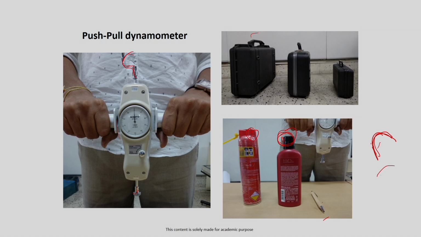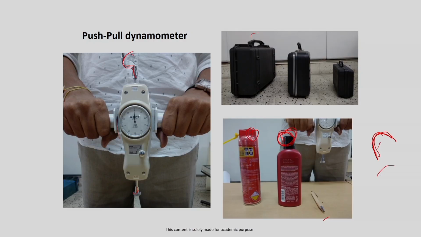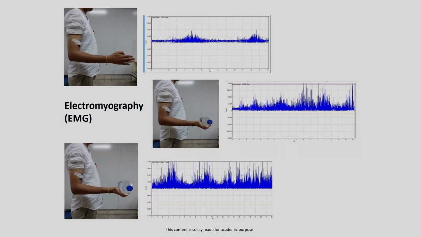Another thing is some feedback is very important. In this type of case, if you push it, there will be some click sound. So once you do this, it will open. Another thing, once this click sound is there, you can understand this product is open right now, it is ready to use. So these are a few features that are very important to incorporate in your product to make it more user centered. And another example of these muscle and biomechanical issues is electromyography.